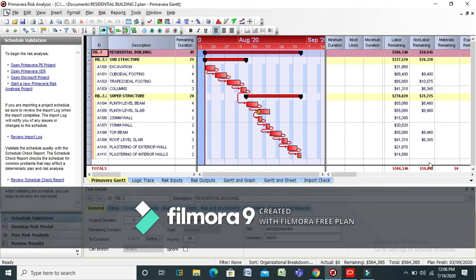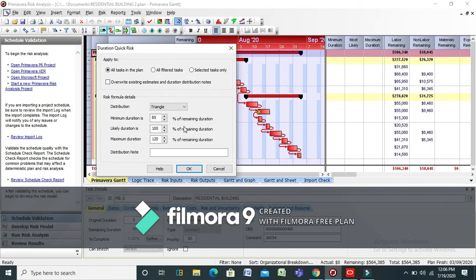Now click on the Quick Risk icon. Select the all tasks in the plan option, which means we are considering all the activities in our project to perform the risk analysis.